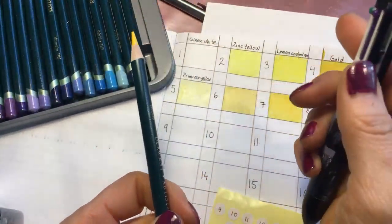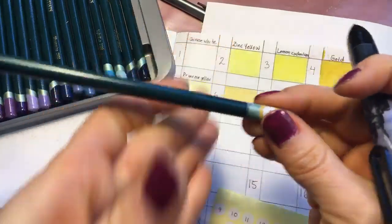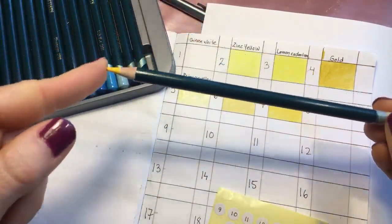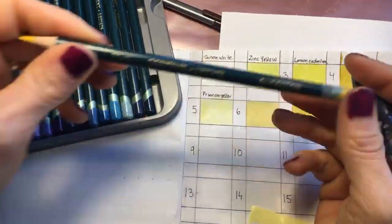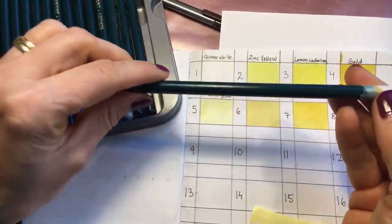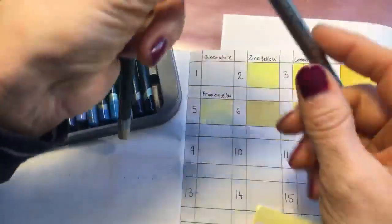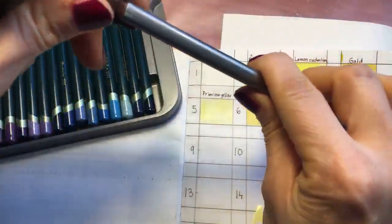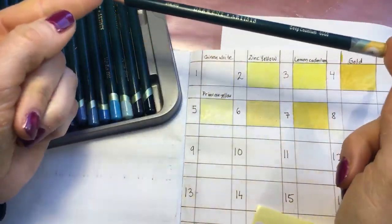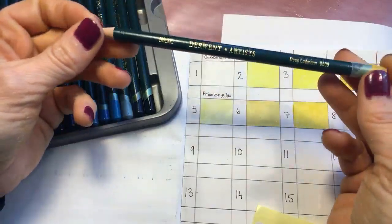The Derwent Artists, I haven't used them very much yet, but I think they are hard. They are harder than polychromos. They have beautiful colors. They are made for better paper than most coloring books have. So I think I now need to be a real artist and start to use them, because I own this set. Or I can just use them in the books anyway, which I did. I did it in World of Flowers. I thought maybe this could be a chance for me to actually color more softly and not with such bright colors, because